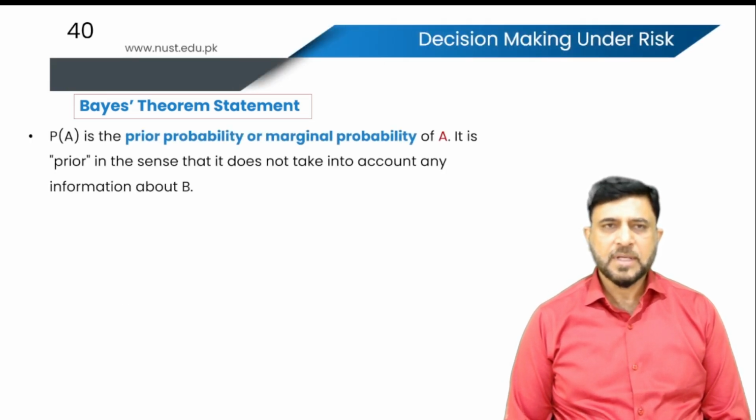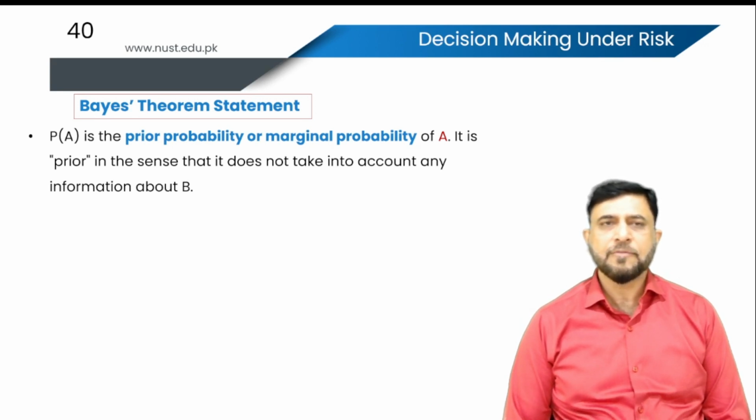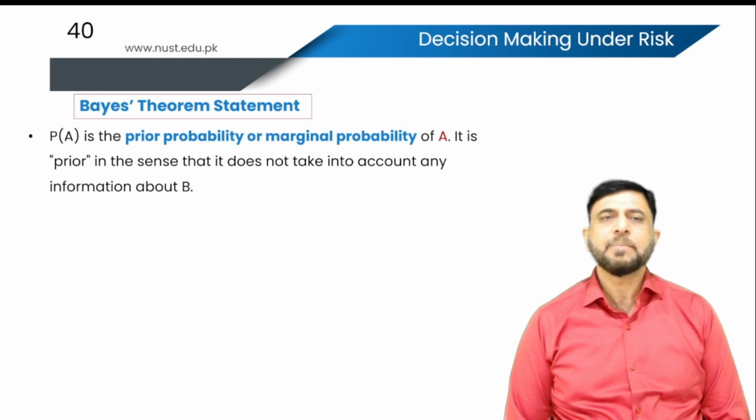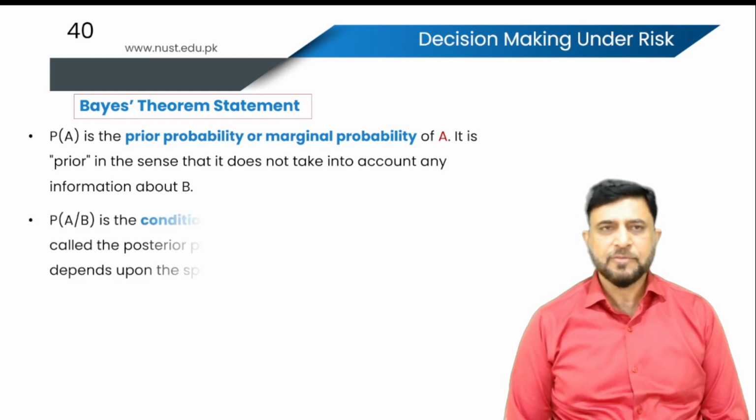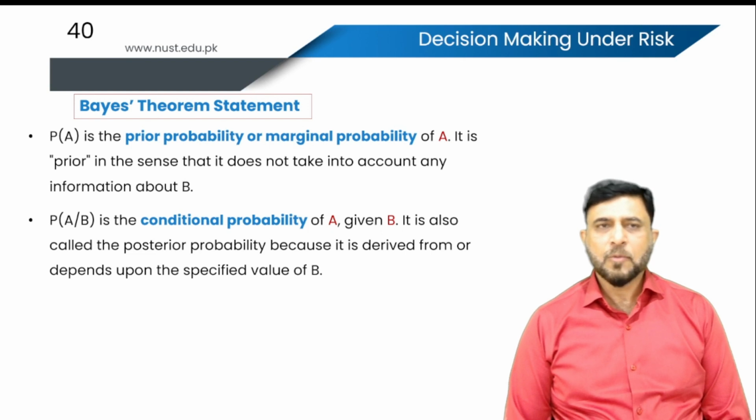Probability of A basically is the prior probability or marginal probability of A. It is prior in the sense that it does not take into account any information about B. So it is independent probability of mutually exclusive event. If A is mutually exclusive, then probability of A given B is the conditional probability of A because it depends on B. It is also called the posterior probability because it is derived from or depends upon the specific value